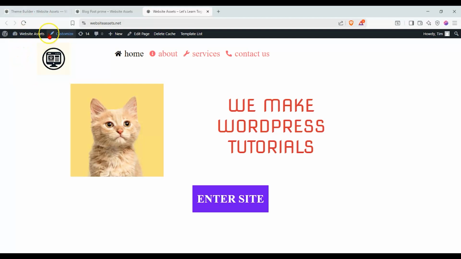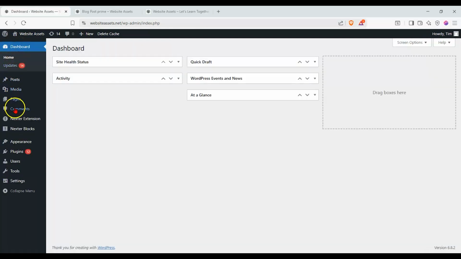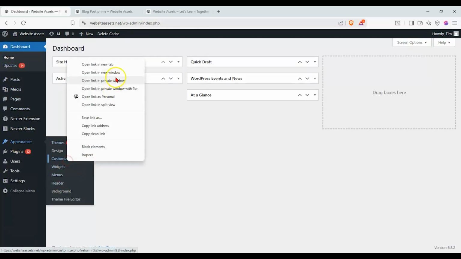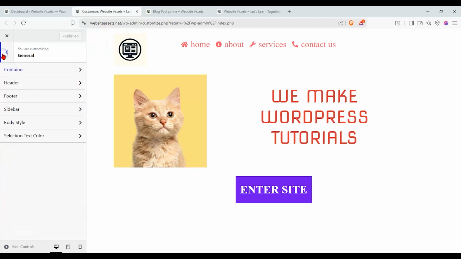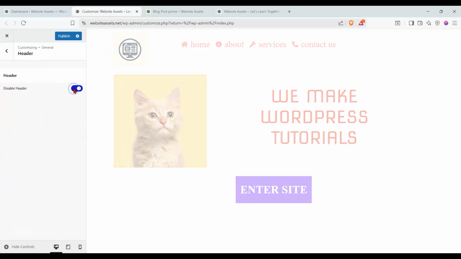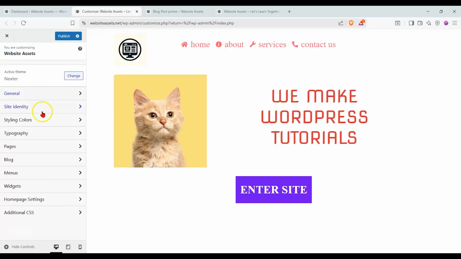So let's go ahead and either click on Customize over here while we're on our live site, or let's head over to our dashboard. Okay, and we're going to go under Appearance and click on Customize. And there's a couple ways we can do this. So we can, again, go to Customize, and what we're going to enter into is called the WordPress Customizer. And you'll find some options here, such as general settings, right? Like container size, container width. We can enable or disable the headers and footers from here. Okay, we can set some colors, some typography